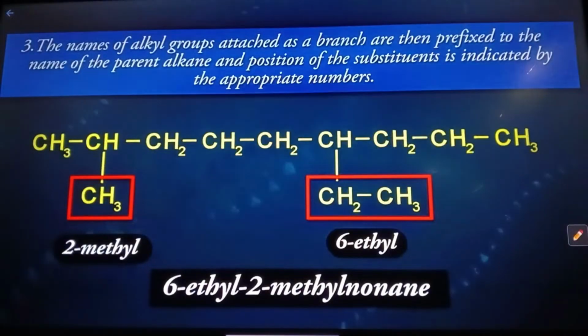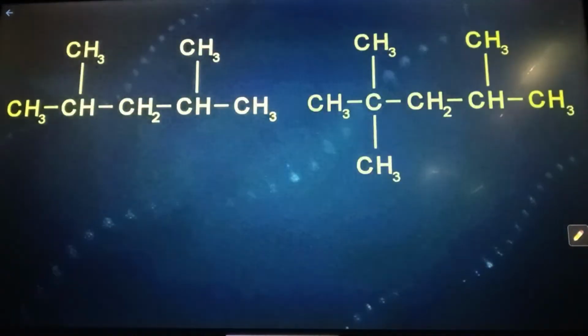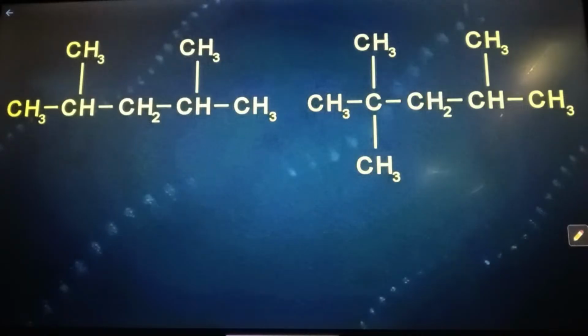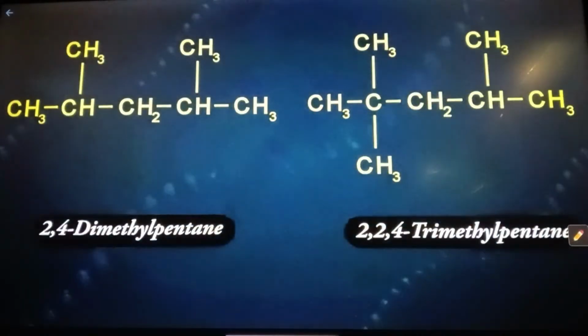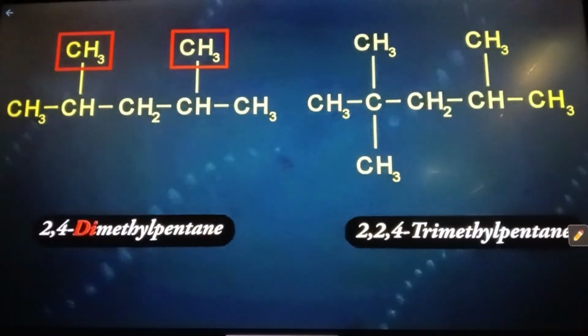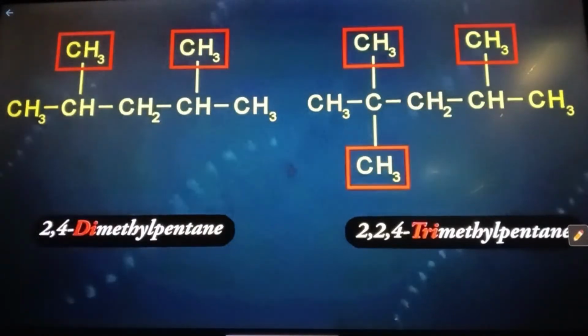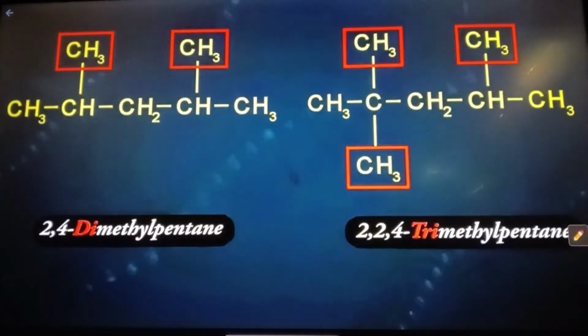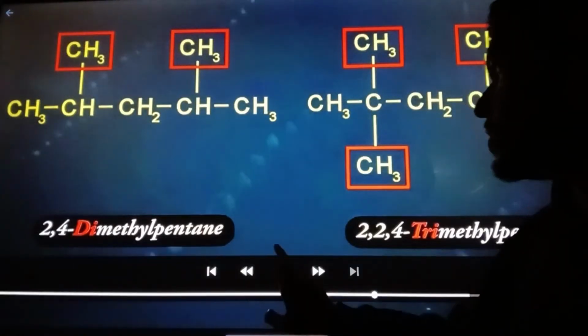Note, the numbers are separated from the groups by hyphens, and there is no break between methyl and nonane. Also, in some cases, if two or more identical substituent groups are present, then the numbers are separated by commas. The names of identical substituents are not repeated. Instead, prefixes such as di for 2, tri for 3, tetra for 4, penta for 5, hexa for 6, etc. are used. कितना आसान है देखो,